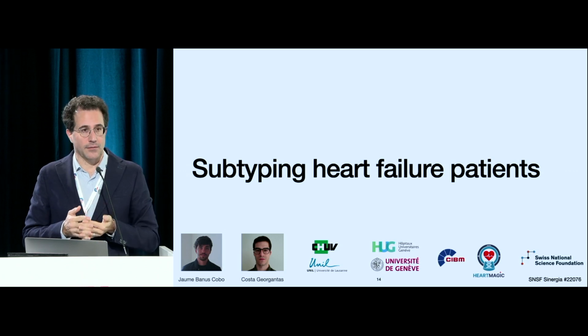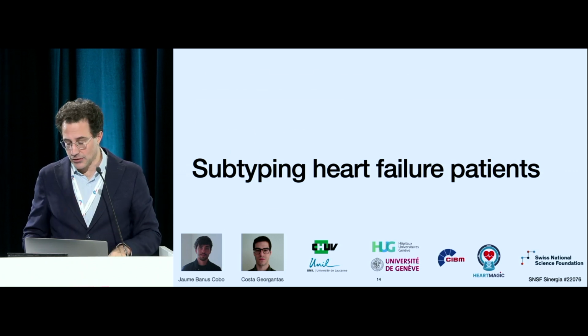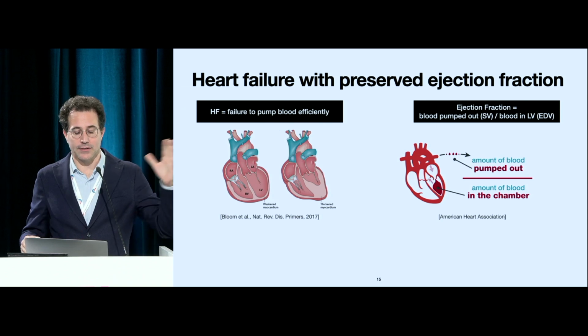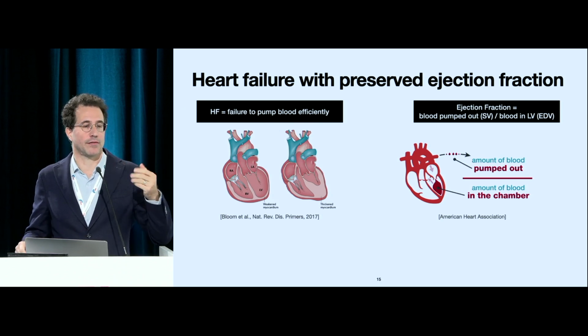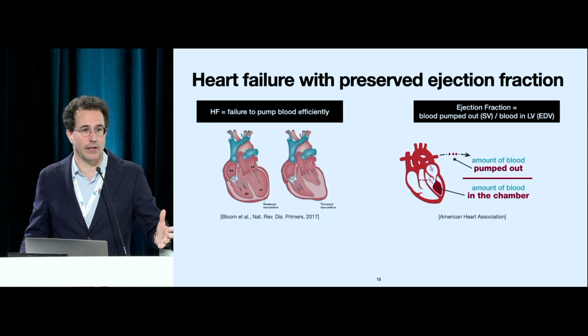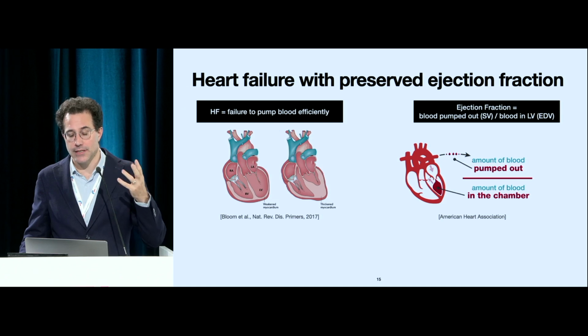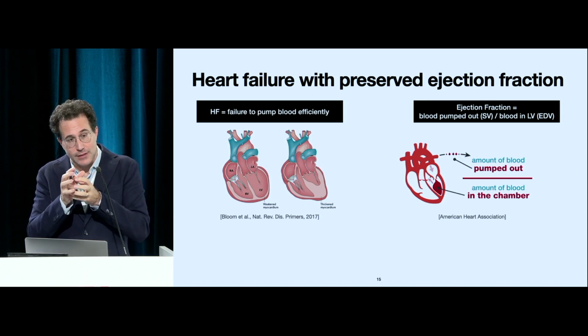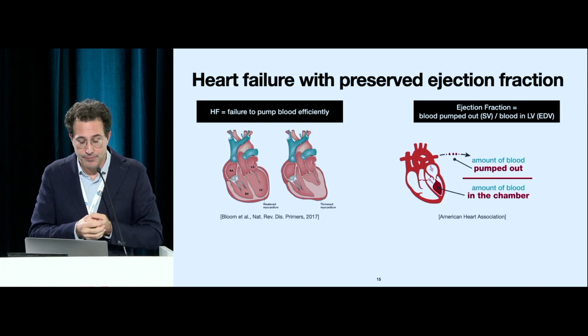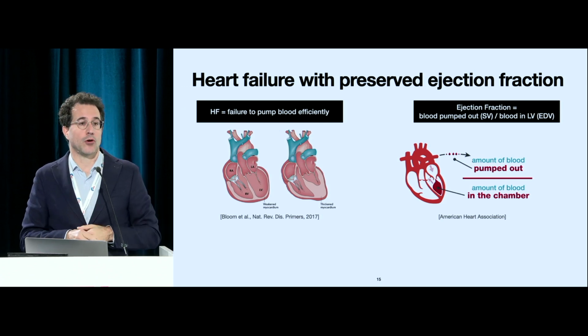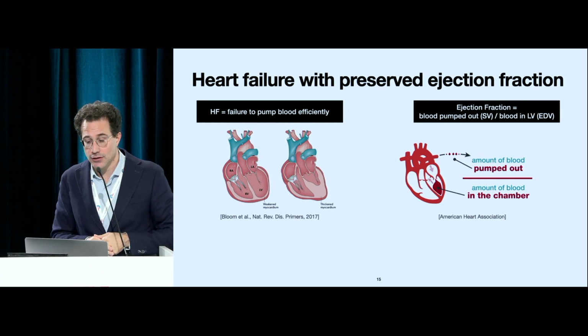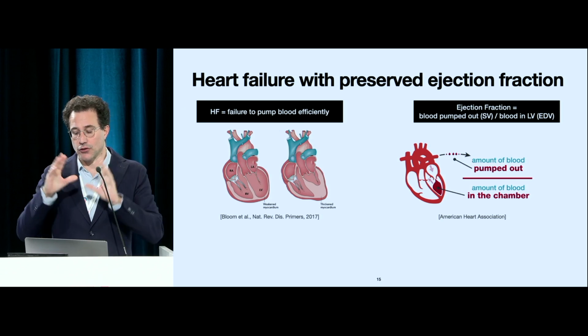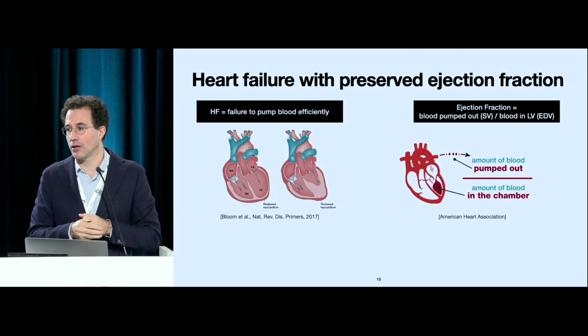So heart failure comes in several varieties. Let's talk first about what heart failure is. Essentially, you can simplify it as a failure to pump the blood efficiently. It can come from several reasons. One is that the myocardial walls are too thick, too stiff. The other one is that they're too weak. One quantity we need to know about is EF, ejection fraction. So this is the blood pumped out versus the blood that stays in the left ventricle, roughly speaking, right?